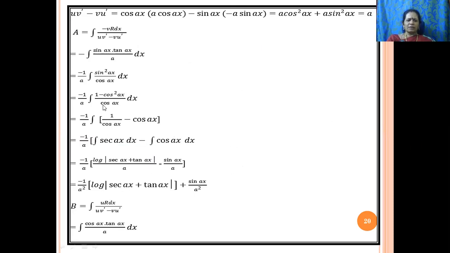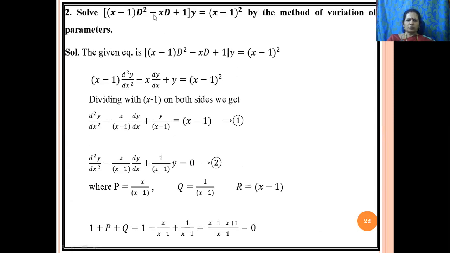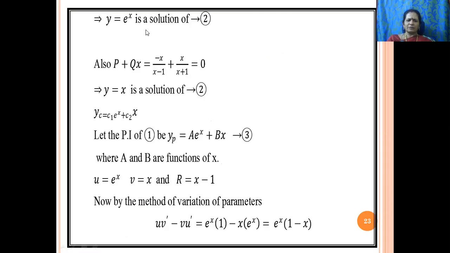So find out a and b using the given formula, then substitute in yp, the particular integral, then write down the general solution. So this is the second equation of the method of variation of parameters. First of all, convert to the standard form, then write down p, q and r, then use the inspection method to find out the complementary function. For both the cases, find the complementary function using the inspection method, then use the variation of parameters, then write down a and b, the particular integral, where a and b are